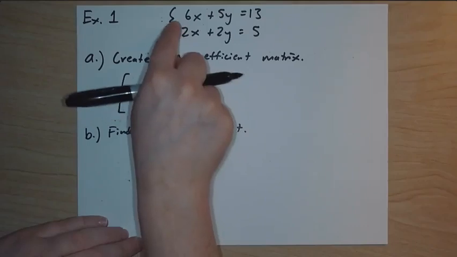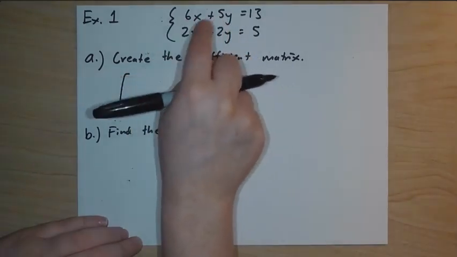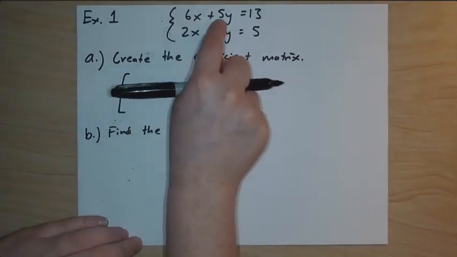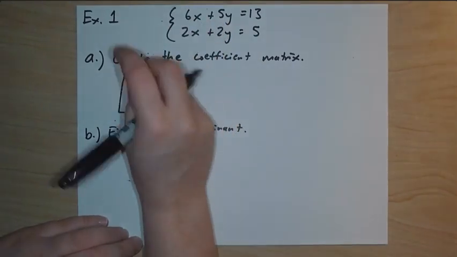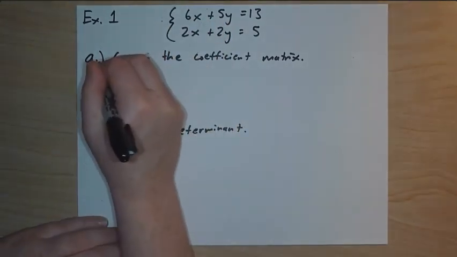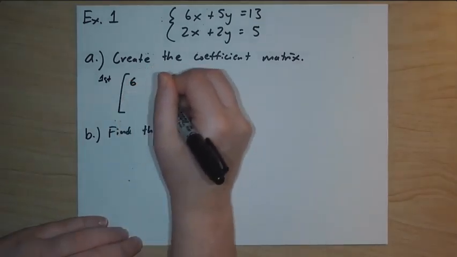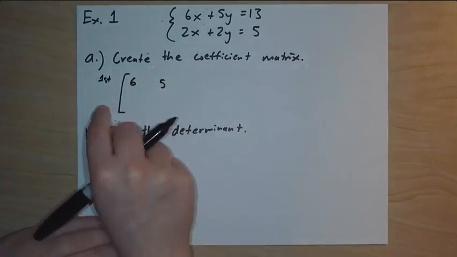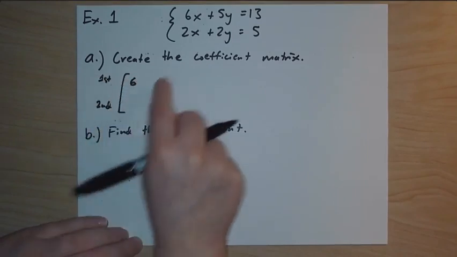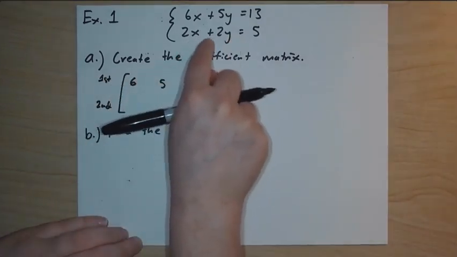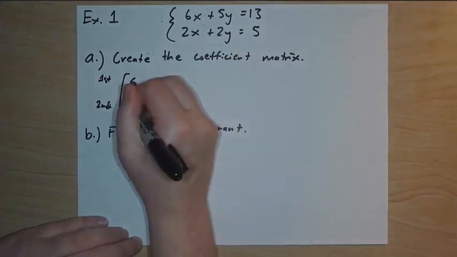For the first row, we're going to be dealing with the first equation here. And we're just going to write the numbers in front of our variables. So the first row is the first equation. So we have 6 and we have 5. And for the second row, we have the second equation. We have 2 in front of x and we have 2 in front of y, so we have 2 and